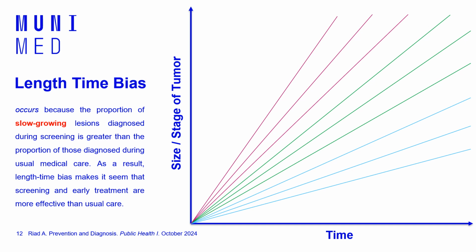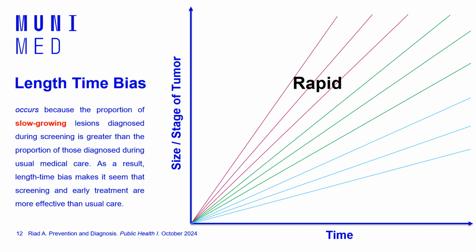If you look at these blue cancers, you can see that they grow very slowly with time compared to their size or their stage of development. However, the green ones are probably moderately growing. They are not slow, they are not fast, they are in between. And these purple cancers are very rapid, because they grow in size and stage in a very short period of time. As you can see, cancers do not behave similarly, and that's why we need to be careful.